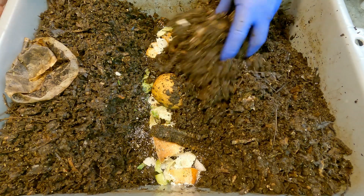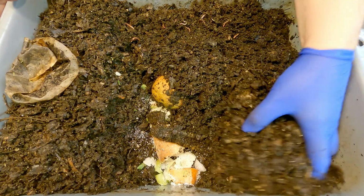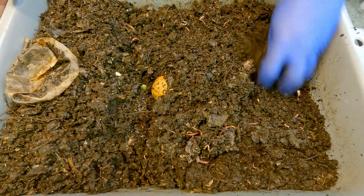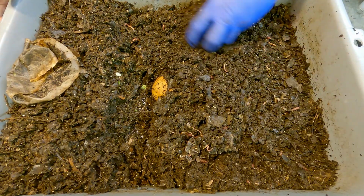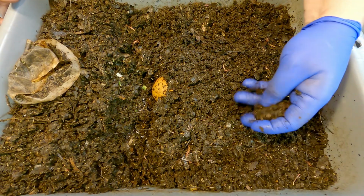And then I don't think we're going to see a whole lot of leftovers of this feeding, although the orange might still be intact when we return here next time. Sometimes I wonder about these citrus fruits. I did try lime in a couple of my other systems, and it did seem like